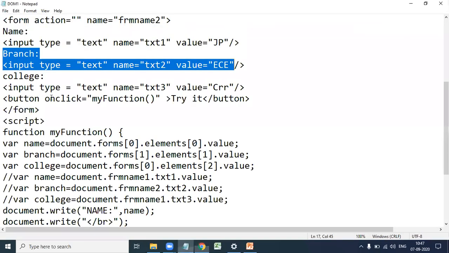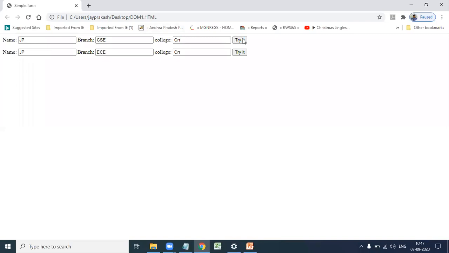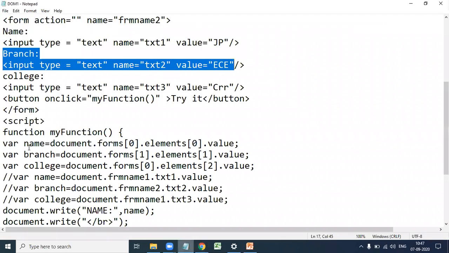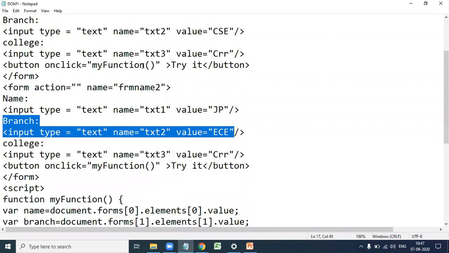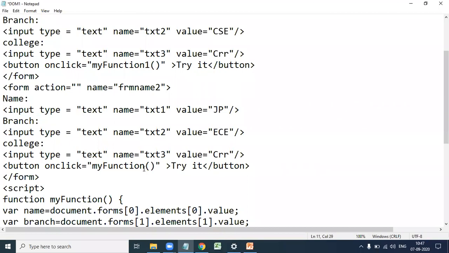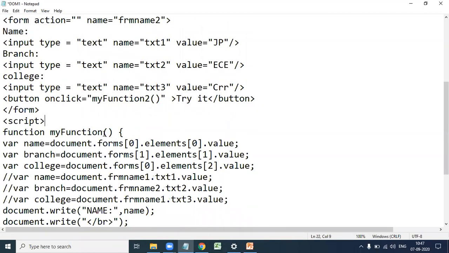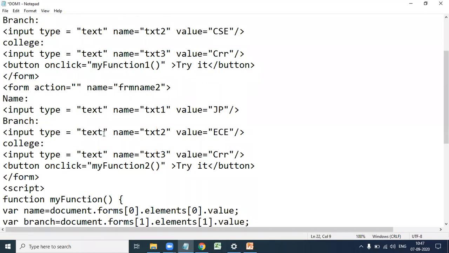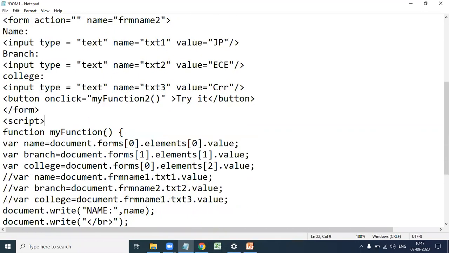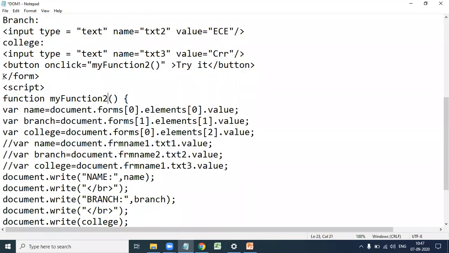If you click on the first try it button and want to show JP ECE, then you change the code. Again here the button click calls myFunction1, and here myFunction2. So when you click on the first try it button, it performs myFunction1, so here we change the code.